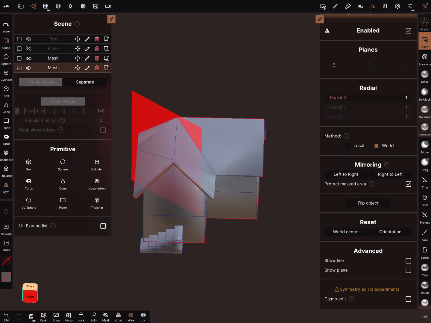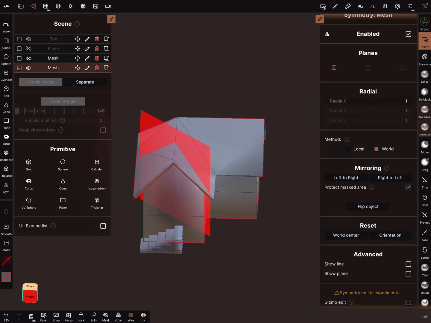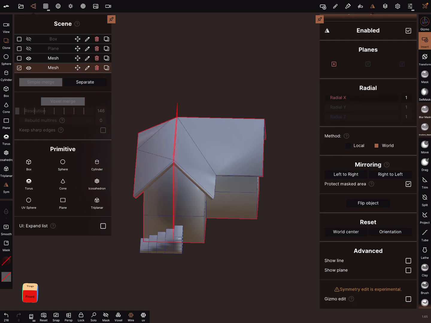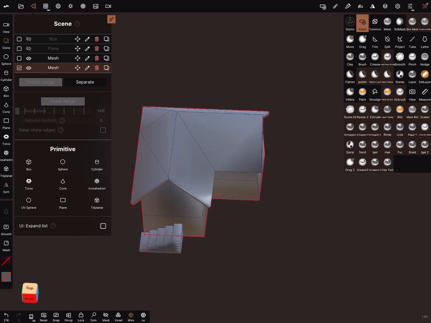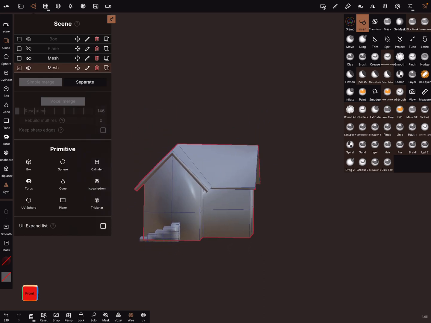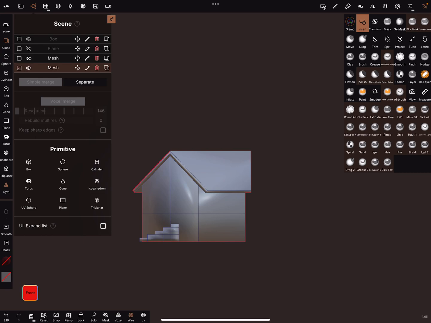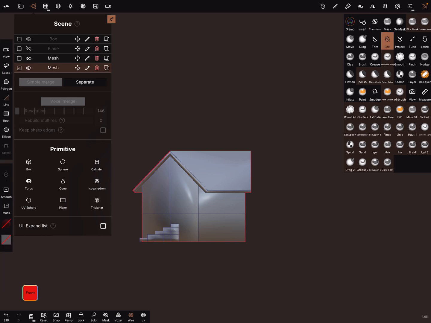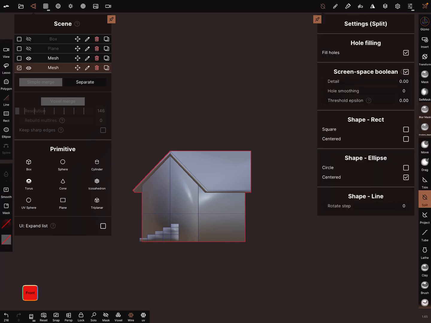And you can reset the symmetry. And it's also possible, this object you can split it. And now turn on hole filling and reduce all the settings here.